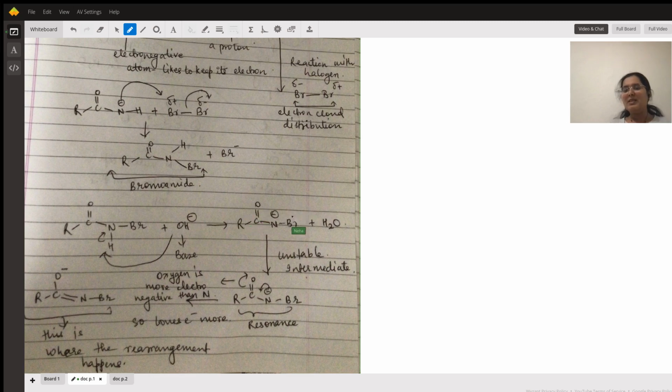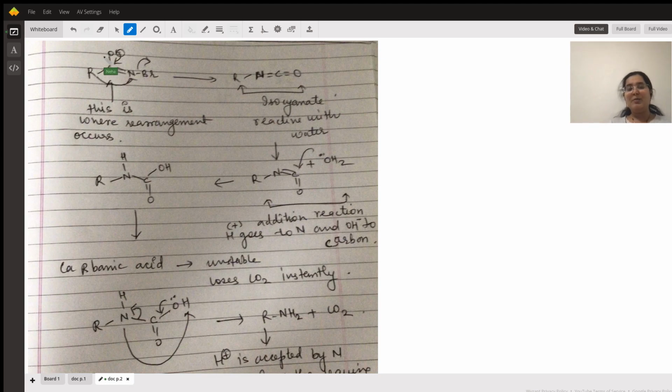This is the species where the rearrangement takes place. The rearrangement happens because oxygen, nitrogen and bromine all have lone pairs of electrons, and thus they participate in resonance. So the N minus charge goes back to carbon, the carbon loses the pi bond to the oxygen and forms a species like RCO minus double bond NBr. And this is the species where, from a second part of resonance, R migrates towards nitrogen